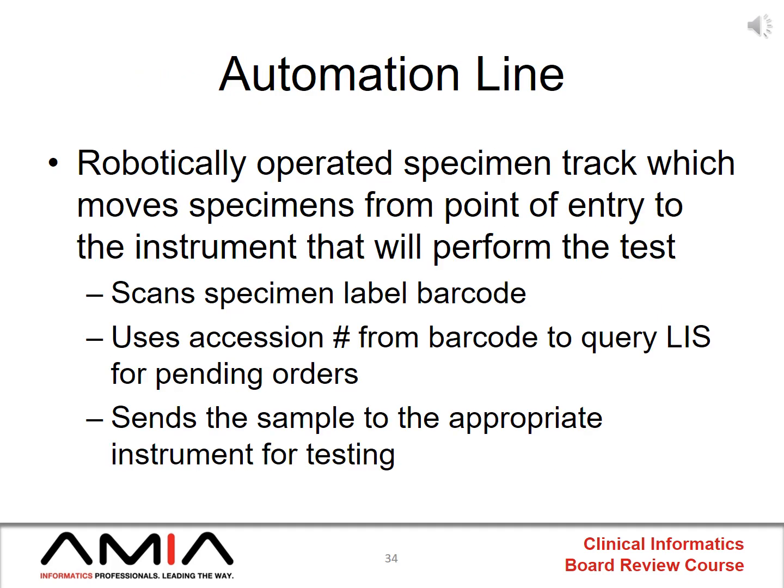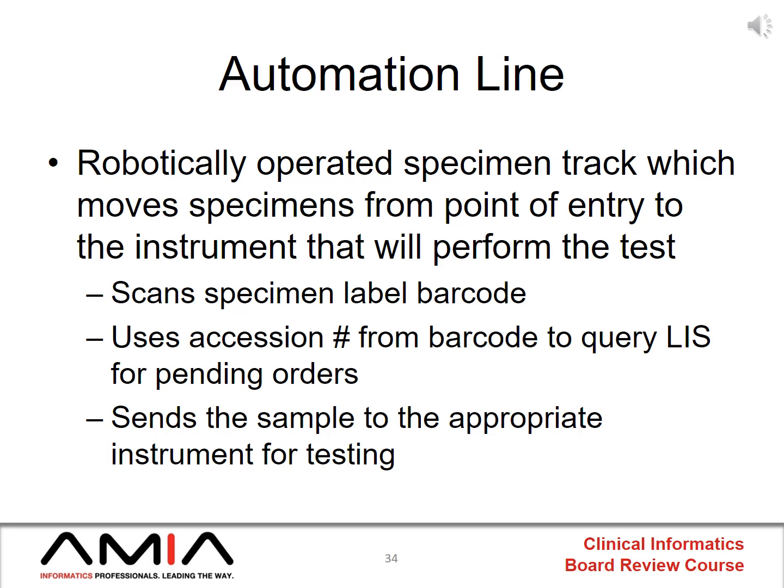triggers. Many larger laboratories and also pharmacies use what are called automation lines or robotic lines. These are robotically operated tracks which move specimens or medications, in the case of pharmacy, from the point of entry to the next device that will be manipulating that item. In the case of a laboratory, that would be an instrument that would be performing a test on the specimen